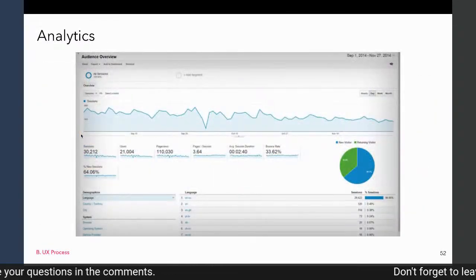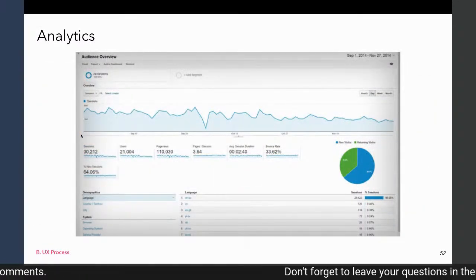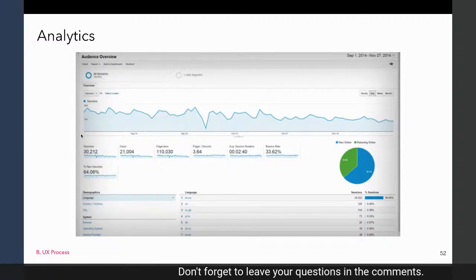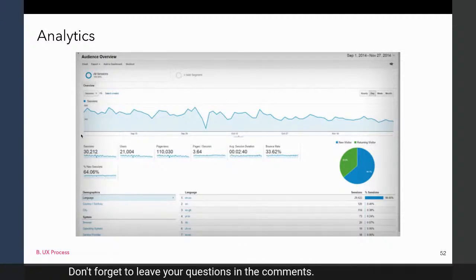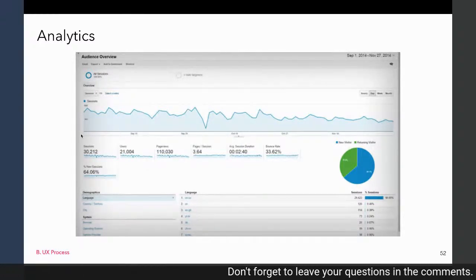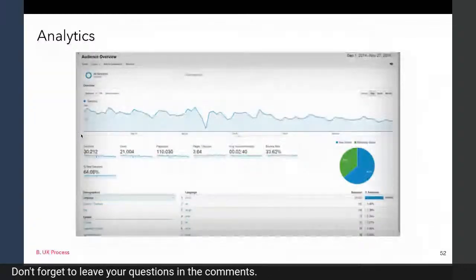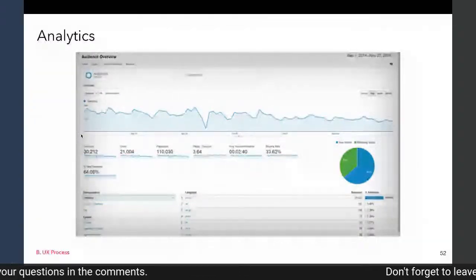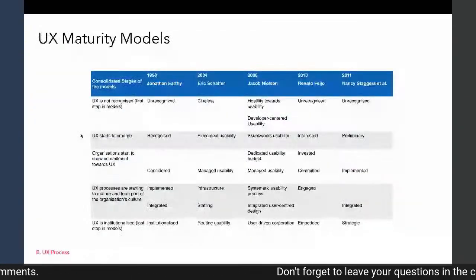So these are just examples of those. You can see here what the genders are in terms of people using your product. Do you have more female or more male customers? What age group?